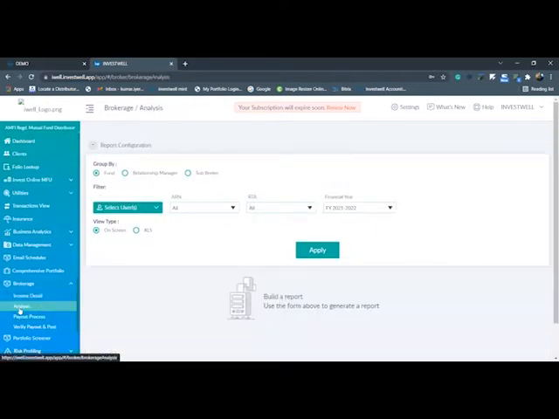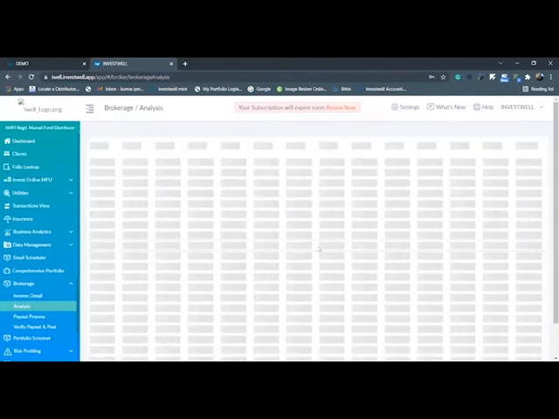Again, it is a very interesting feature under brokerage, which will help you to identify your overall earnings for a specific financial year on a single screen. So if you want to see current financial year earning from all the AMC level, if you click on apply, it will list down all the AMCs and give you the monthly breakup for the specific financial year, month-wise, how much you are earning from a specific AMC.